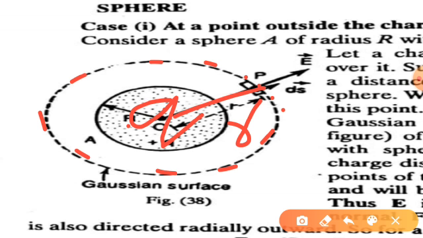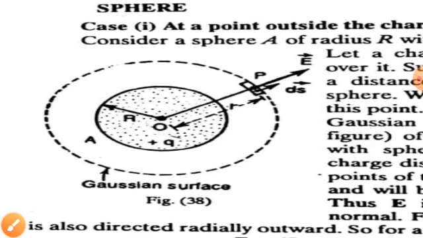For the calculation of electric field intensity at a point P, we use the Gauss law. What is Gauss law? Integral E bar dot ds bar is equal to Q by epsilon naught. So 1 by epsilon naught times the total charge enclosed within the surface. In the Gaussian surface, total charge is Q. So it is Q by epsilon naught. We have to calculate the integral E bar dot ds bar.